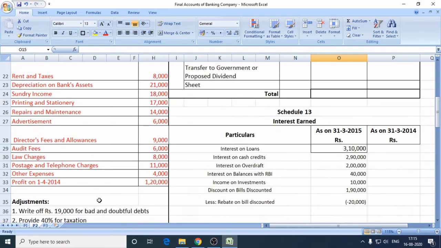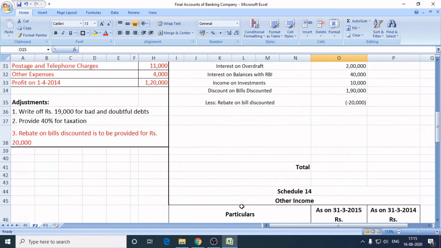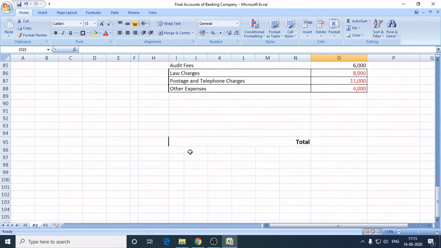Now the next in the problem, I think now adjustments are left only. Write off 19,000 for bad and doubtful debts and provide 40% for taxation. Now I am preparing here one working note. Working note number one, it is provisions and contingencies. Now under provisions and contingencies, we have to show the